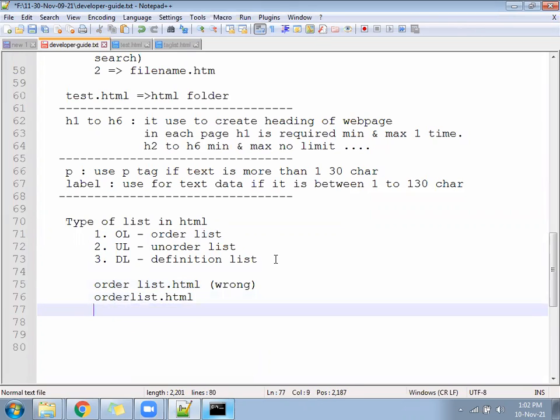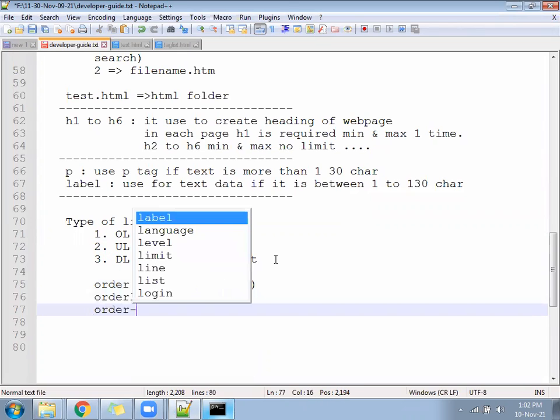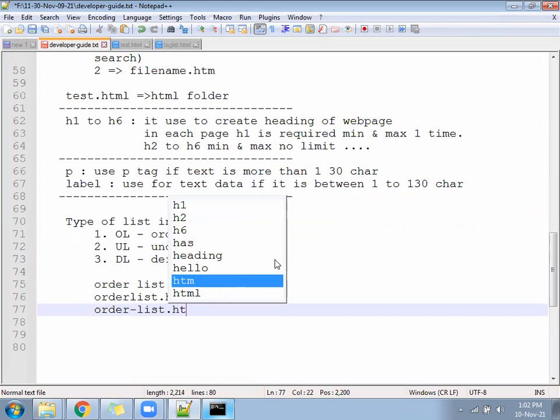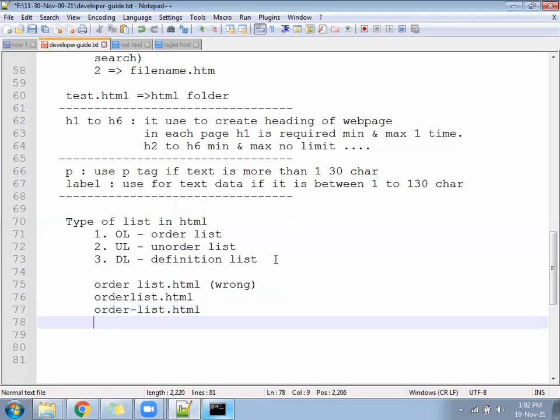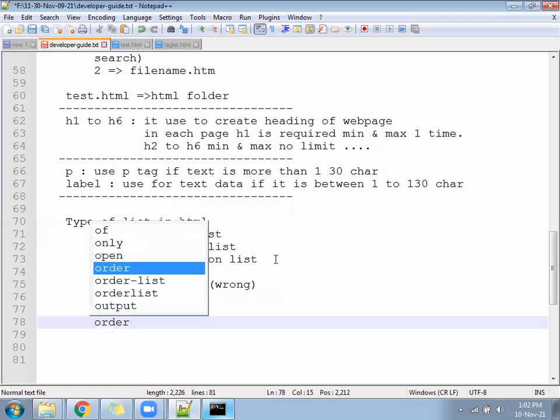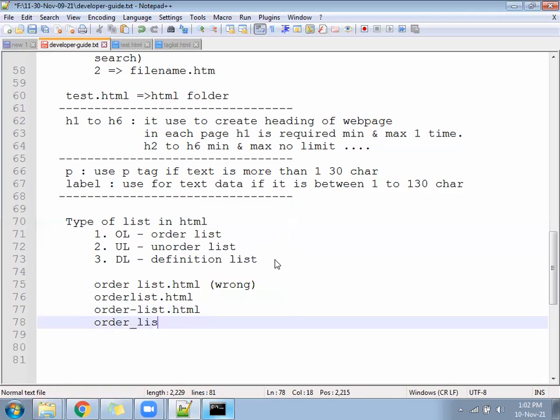This is okay. Or order-list.html, this is also fine. And order_list.html, this is also fine. Capital or small letters is the next matter. Spacing related, we should not give a space in the file name. I will suggest that as of now you follow the first one. This method will be helpful for you.